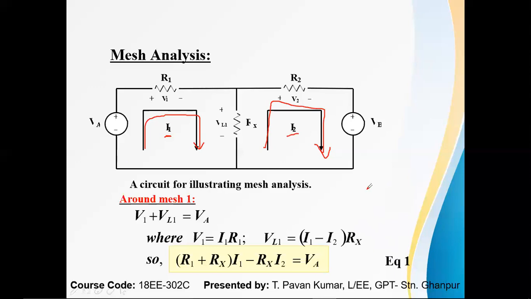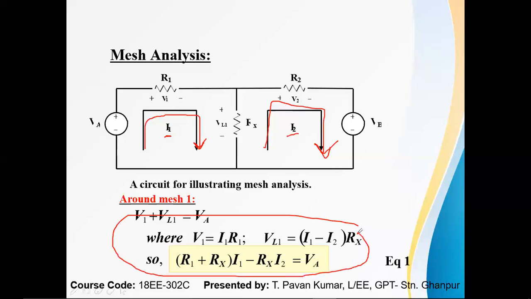Next I made a rule. Rule number 2: assume the direction of the loop, either clockwise or anti-clockwise. You should follow the same direction throughout the circuit. So here I am following clockwise. In the slide also it is mentioned clockwise itself. Next, rule number 3: indicate the signs based on the direction of loop currents. So here he is following in this side.